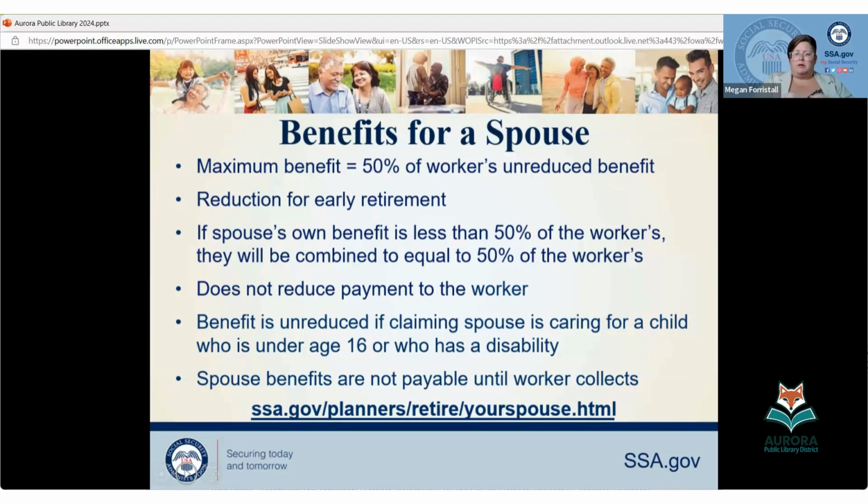But if you are not at your full retirement age, we're then going to reduce that for age. So you're going to take an age-related reduction on that. Now, for spouse's benefits, you need to be age 62. The exception to this is if you're caring for a child who is under 16 or has a disability of the worker. In that situation, you don't have to file your own first. If you're younger, you could potentially get that child in care benefit.